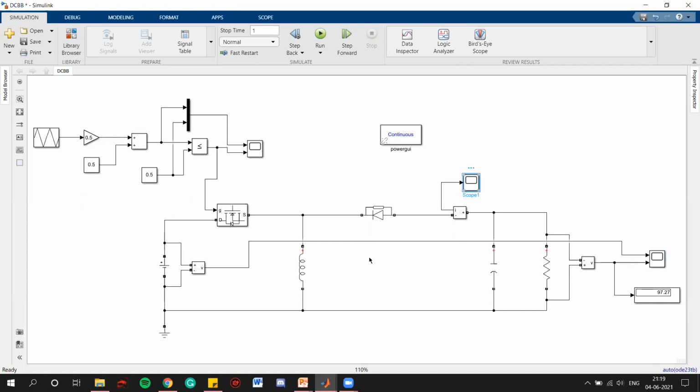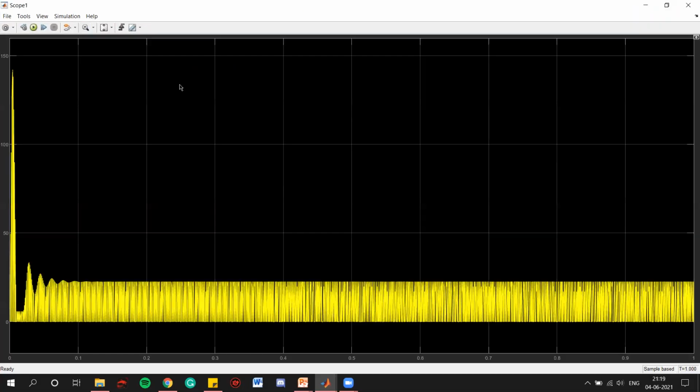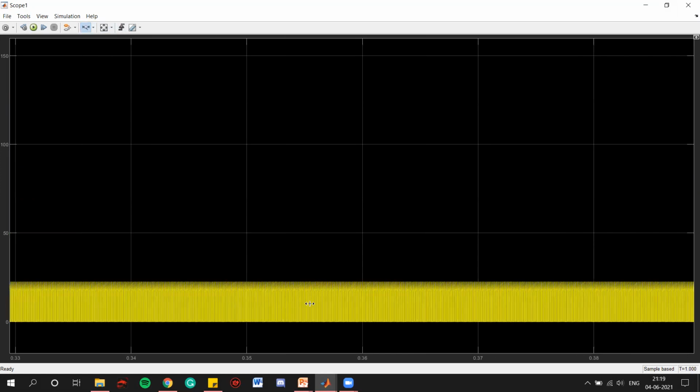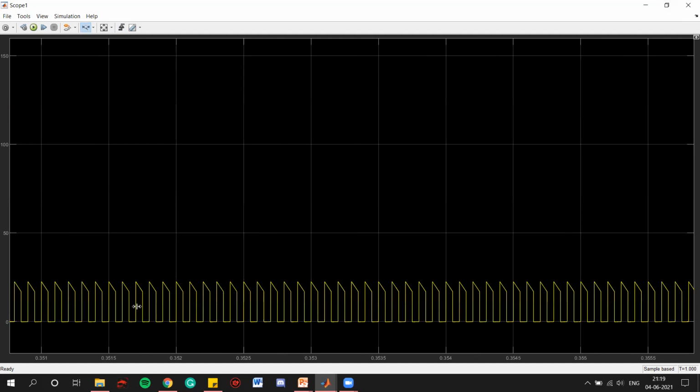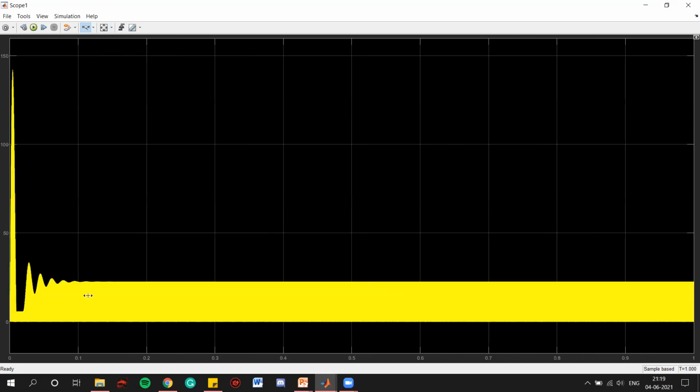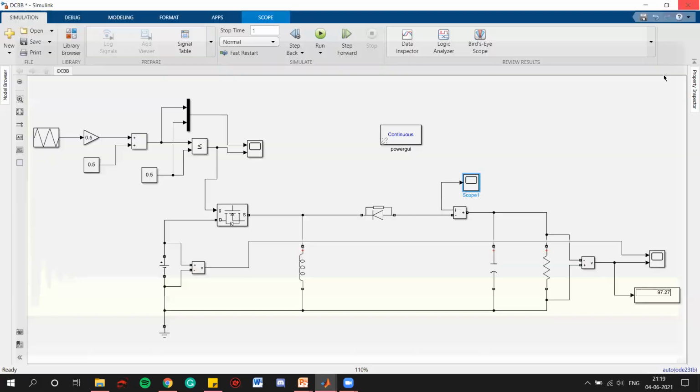And let's see the current, right? If we zoom in on the current, we will see that it is a pulsating DC. See, it is not going negative, it goes to some value and comes back to zero. So we can say that it is a pulsating DC current, right?